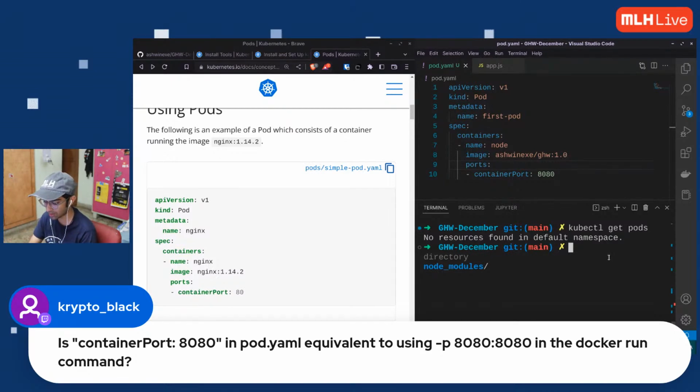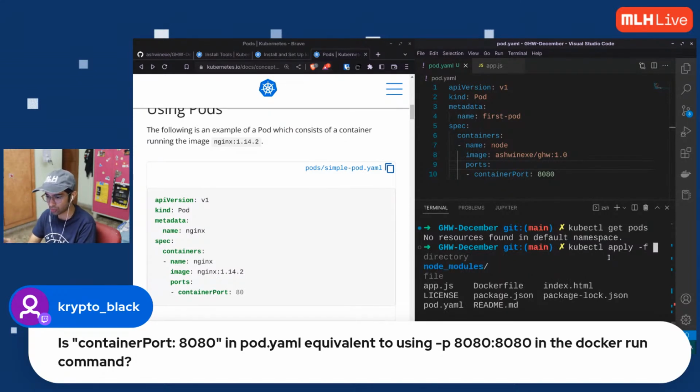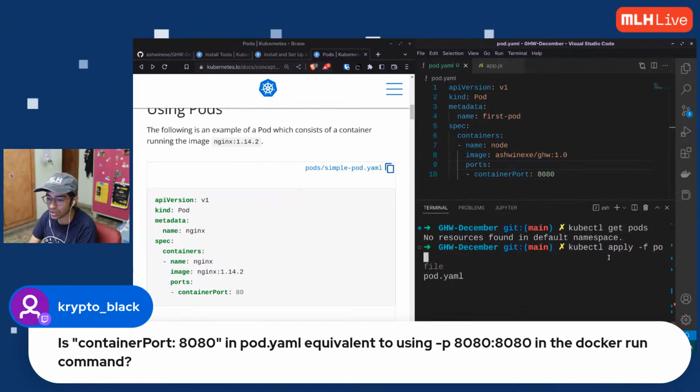So to do that, the command is kubectl apply -f. -f stands for file. In Linux, F stands for force. You want to force stop or force delete, but here -f is file. I am applying a file called pod.yaml. It's also called YML, both work. So it's like HTML, HTM. You can name it YML or YAML.